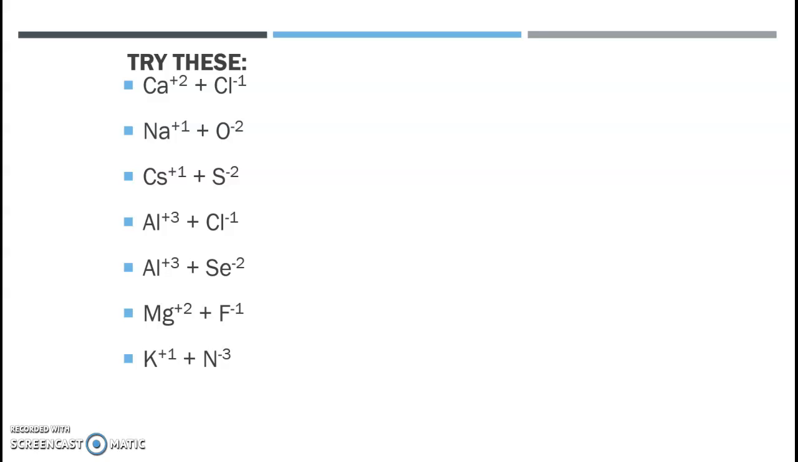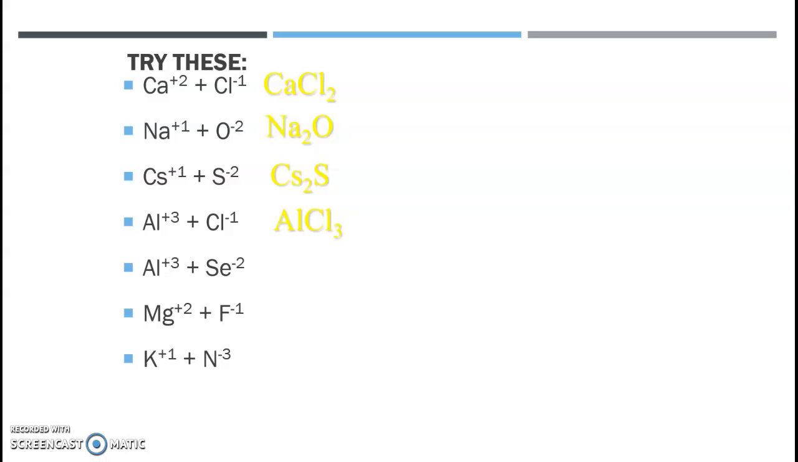All right, here's some more to try. You could do crisscross here again. 2 drops there, 1 drops there, leave the charges behind, CaCl2. 1 drops over behind the oxygen, 2 drops behind sodium, Na2O. No charges, no ones. Drop the 1, drop the 2, Cs2S. Drop the 3, drop the 1,